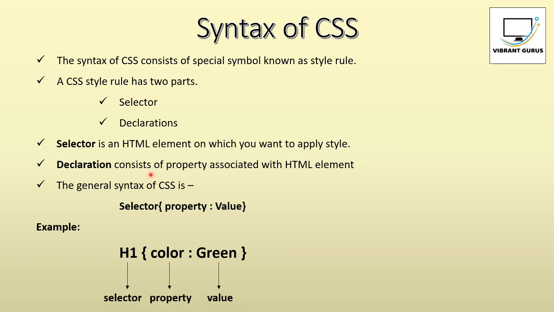And declaration consists of property associated with an HTML element. So this is the general syntax of CSS. First selector and then declaration. Declaration part enclosed within curly brackets, and in declaration here we have property and its value, and property and value